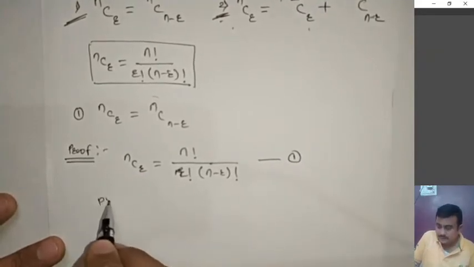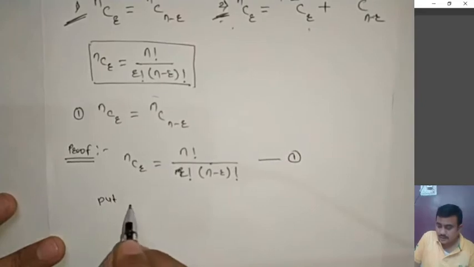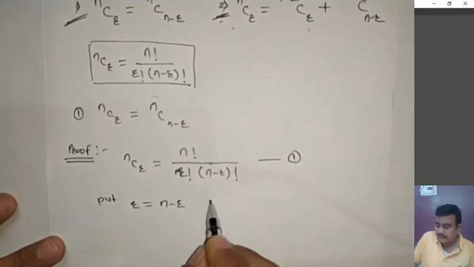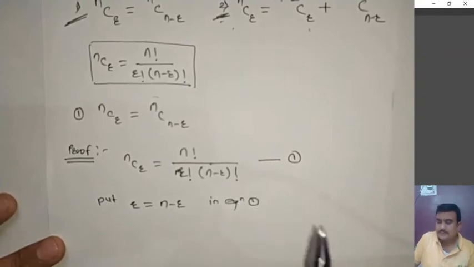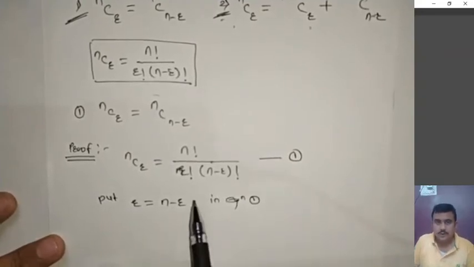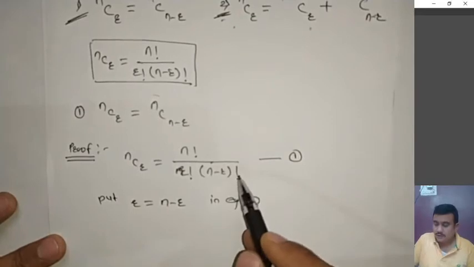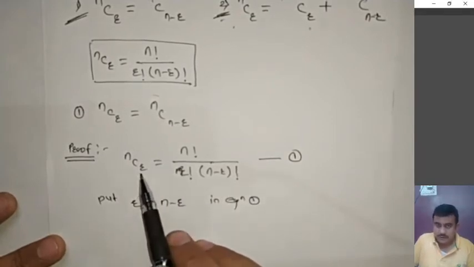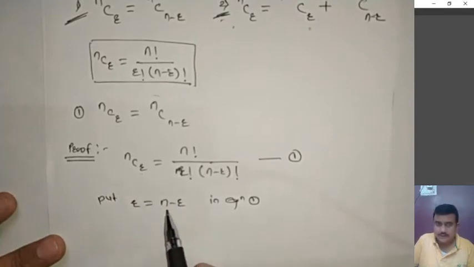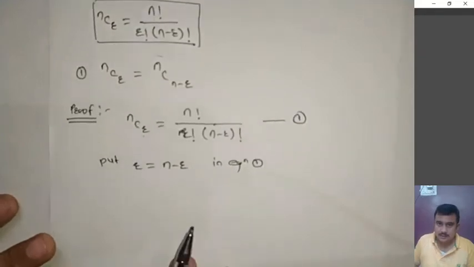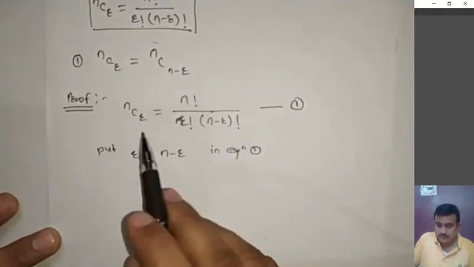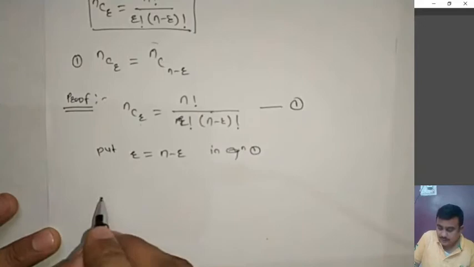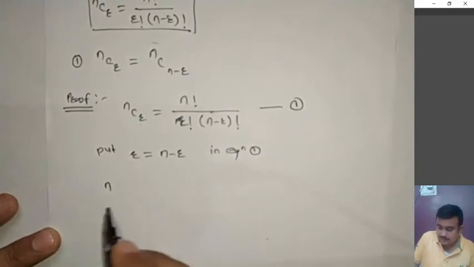Now put r equals n minus r in equation 1. What we are going to do over here, in this formula we will put r equals n minus r. Where r is represented, we will put the value of r equal to n minus r. So equation 1 will become,